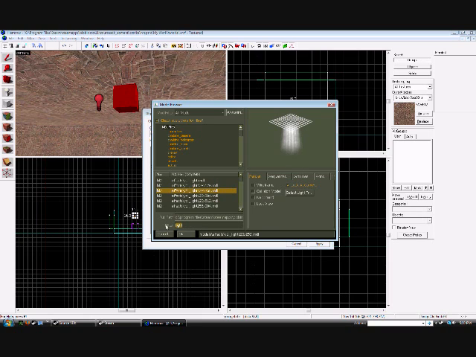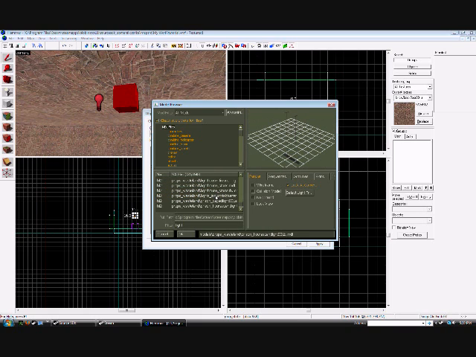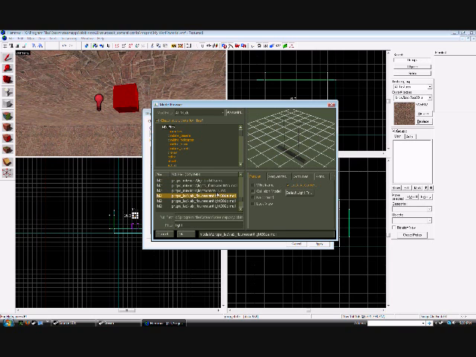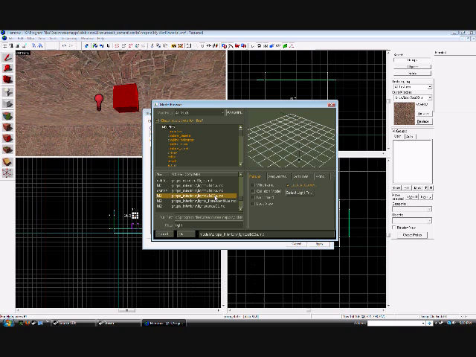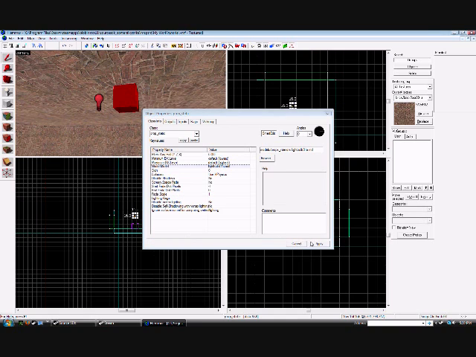And under Filter, we're going to type Light. And then we're just going to look through here to find a nice light. I don't really know what I want mine to look like. I'll just look around for a second. Light bulb. These are some light bulbs right here. I like this one. If you hold the left mouse button and move your mouse around, you can take a look at the model. It's a nice little light with a wire attached to it. So it's called Lightbulb 01A. We're going to hit OK, hit apply,